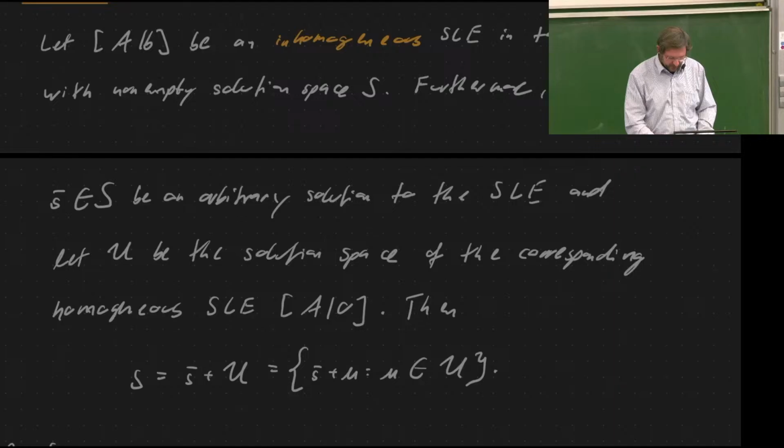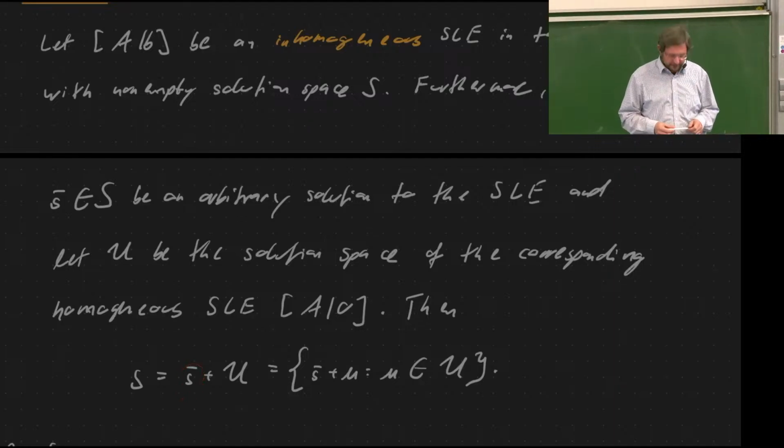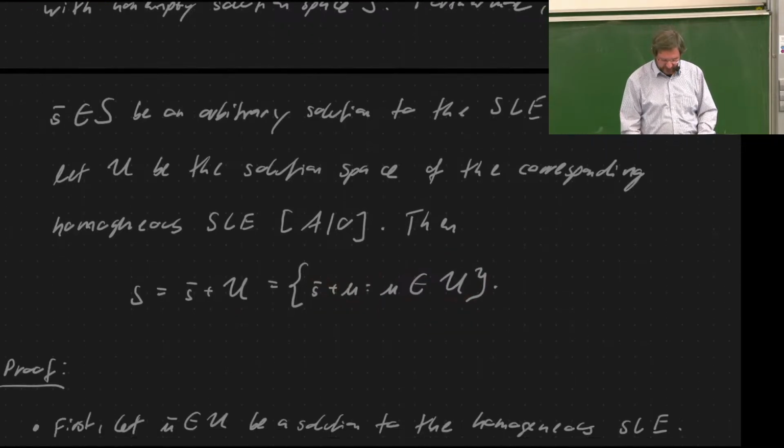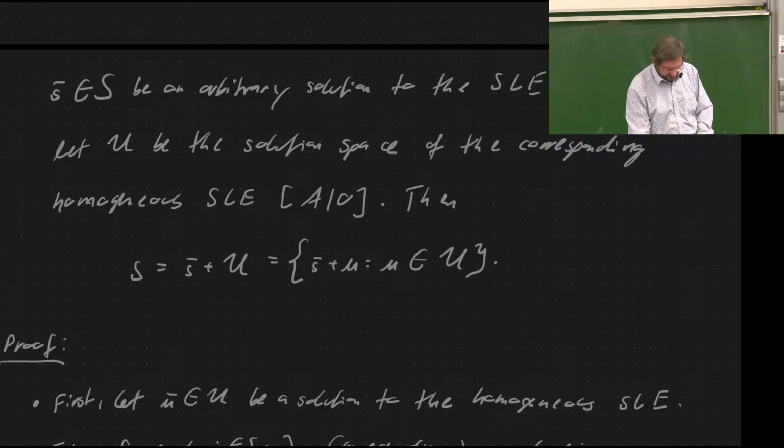And then I claim the whole set of solutions is given by this expression here. So this S bar is one single solution of the inhomogeneous system. And the whole set is simply given by S bar plus U. So that means you take this S bar, you add any possible U in this linear subspace. And what that means geometrically,